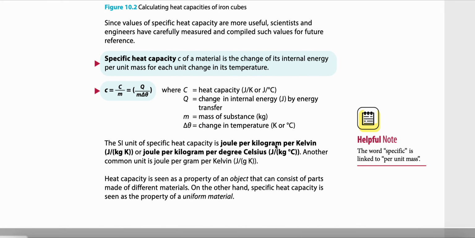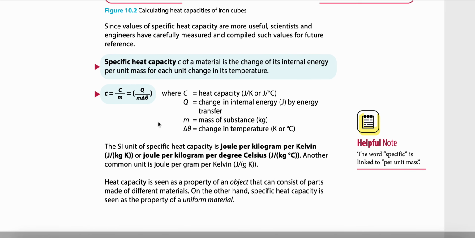So what is small c? All right, small c is officially defined here, right? If you can read through, the formula is this one. The relationship between small c and big C is given here as well, right? But small c itself is c equals to Q over m delta theta. Right, so we'll end this first part of the lesson